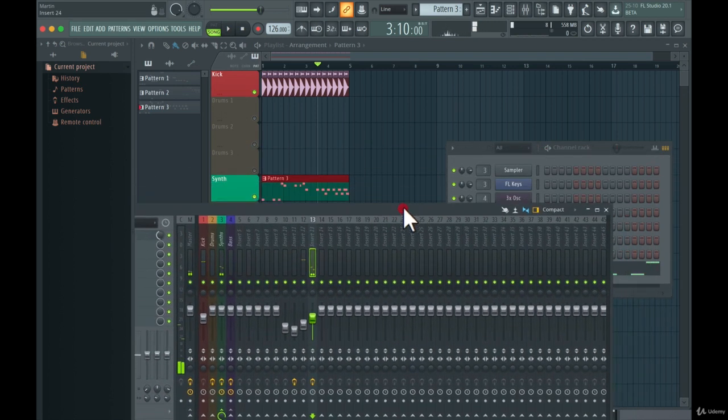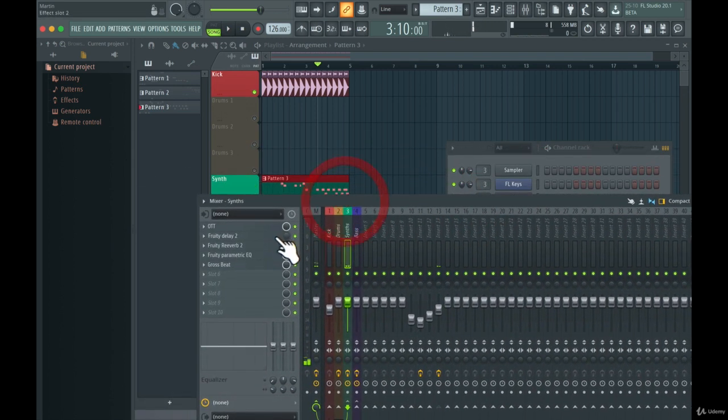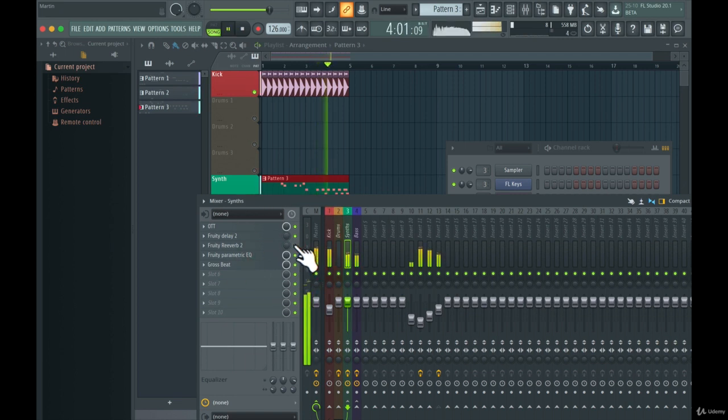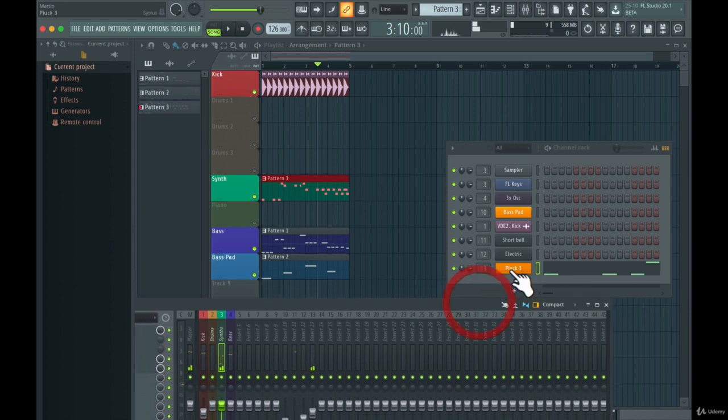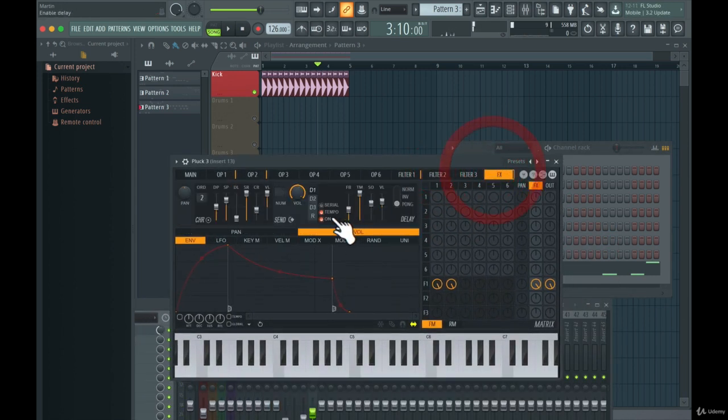Yeah, and I think I'm going to take off some reverb here as well. So I think the reverb is actually in the synth itself.